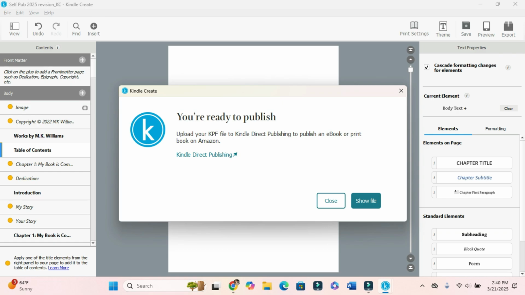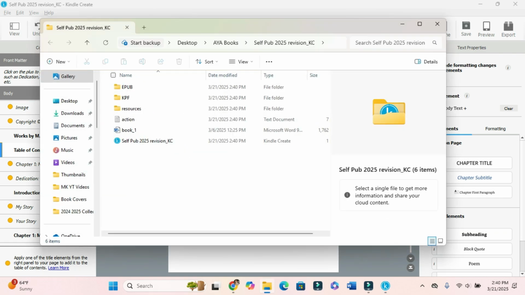Yay. Show me the files. Okay, so now it's kind of saved all within this folder of this working file from Kindle Create with all of the exports. So that's really nice. And that's what you do. And now you would be ready to take that KPF or ePub file and upload it to Kindle Create.